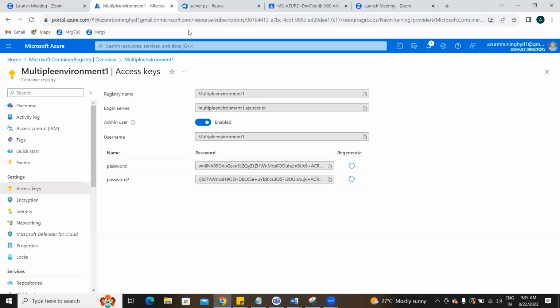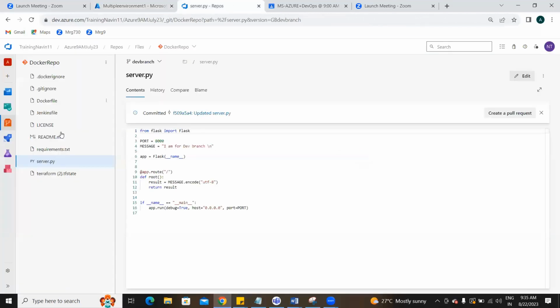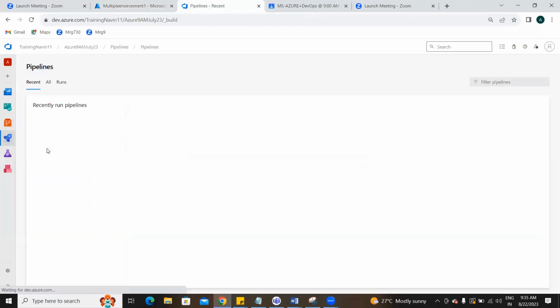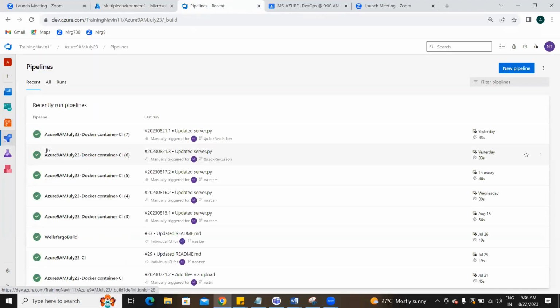Go back to the pipeline, the build pipeline. I'll make use of the pipeline here, and this is for my dev branch. I'll go with the dev branch first. Later, I'll create one more pipeline for the stage branch and combine it. Same job, same pipeline. It will ask me whether you want to go for dev, stage, production, QA. This is for the container. For normal app services, it is a different way. I'll tell you that also.